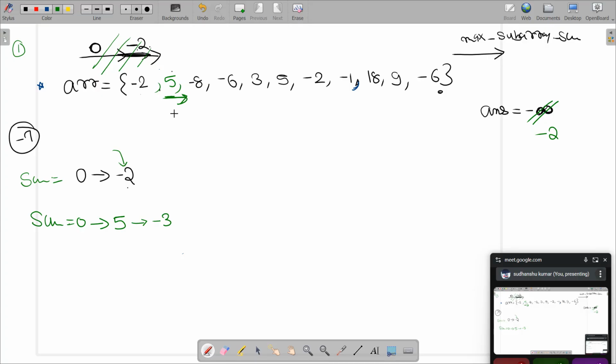Now think about this particular point. Here my train sum has become net negative. If I go and check whether my current sum is greater than my answer, it will say that no, it's not. Let's say that instead of -8 it happens to be -6, so my train sum will become -1. So yes, it is greater. I will update my answer to -1, and then I will break my train here.